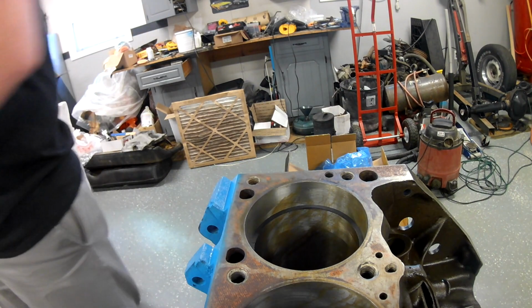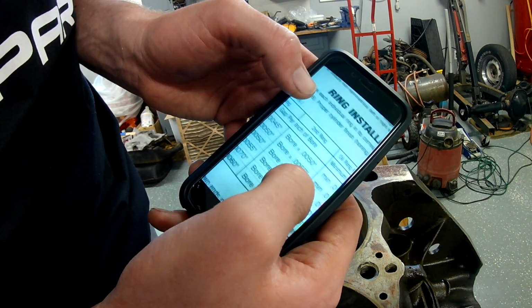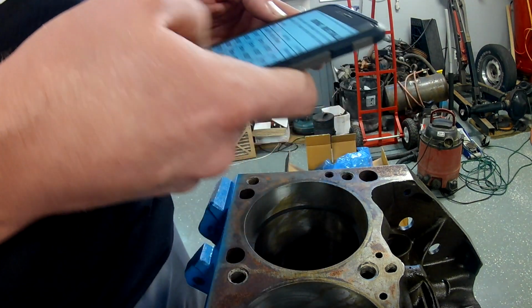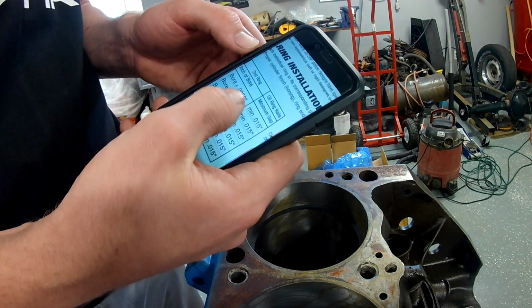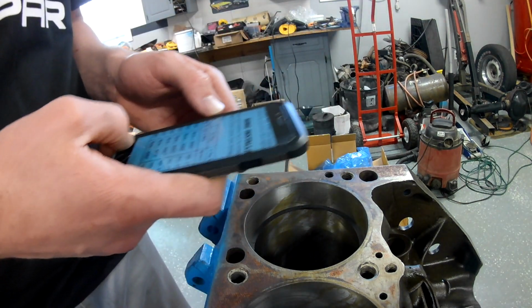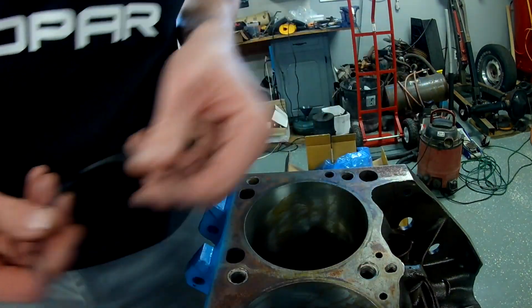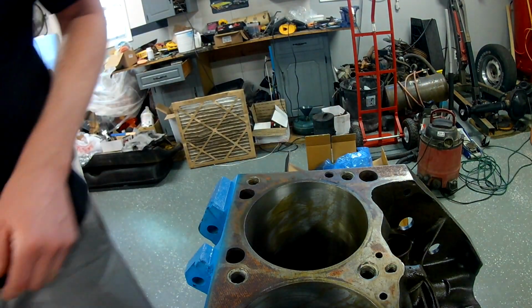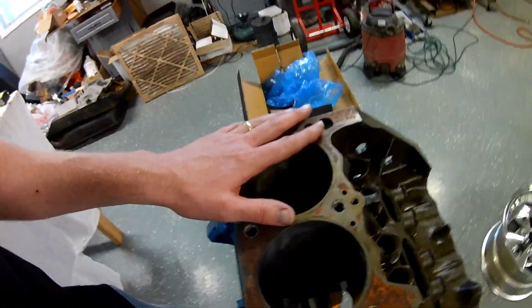So, let's see. Times 50 thousandths. It even says here, minimum is 15 thousandths on either one. So I'm at 20, it's good, but I'm going to check it one more. 2 rings will work with my number 1 piston in the number 1 hole, and I will put those on in just a second. But before I put any rings on, I was reading in the old small block Mopar book,